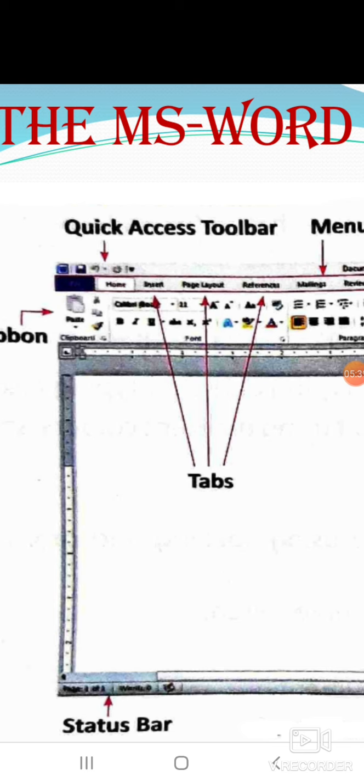Where can we see the quick access toolbar? It is present on the left of the title bar. It contains commonly used tool buttons like save, undo, redo, etc. Three or four options will be there. That is the quick access toolbar.